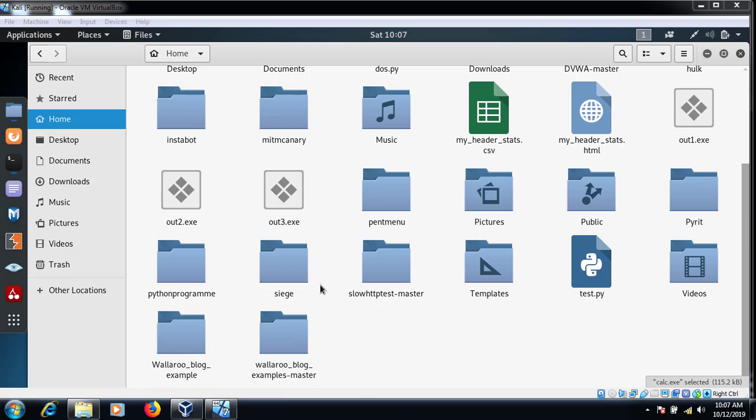So now, testing out1.exe, out2.exe, whether they are harmful or not. First of all, we copy this file to the localhost so that the Windows user can get this file, and it can detect the threat from this file. So just